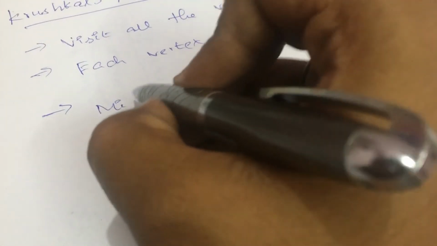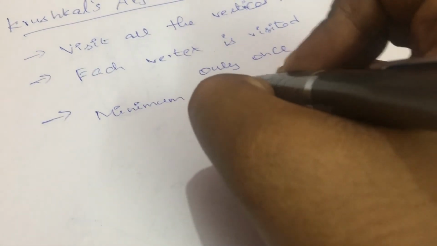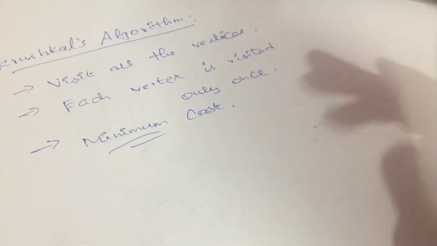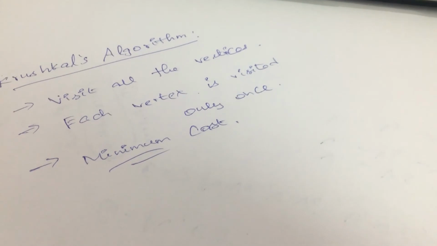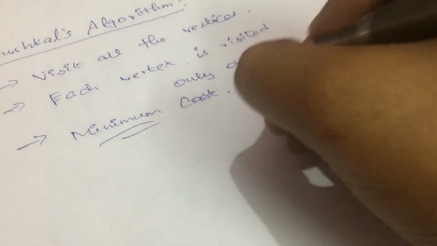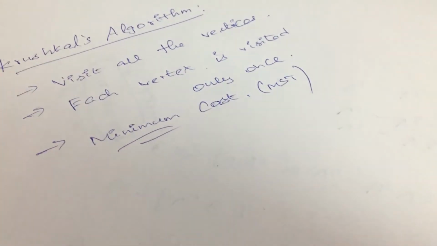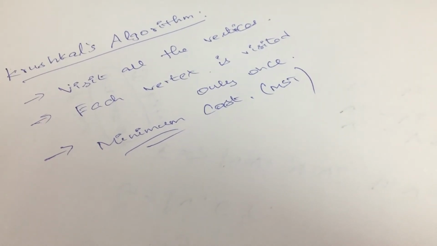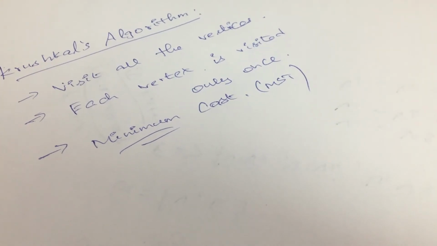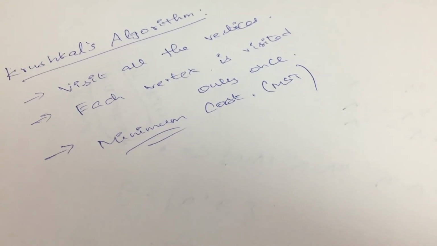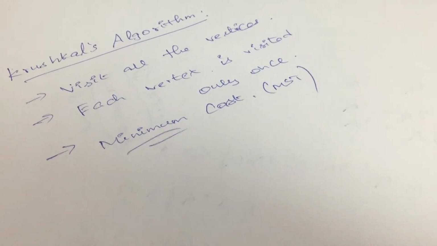The third thing is it will always provide us the minimum cost. Hope you know what the term minimum means. A spanning tree means we have to visit all the vertices, but it doesn't promise or guarantee that it will always be at minimum cost. But the usage of MST, the minimum spanning tree, always guarantees the least possible cost for traversing a particular path. That is exactly the advantage of a minimum spanning tree, and we have many algorithms under minimum spanning tree. Kruskal's algorithm is the most efficient algorithm here.